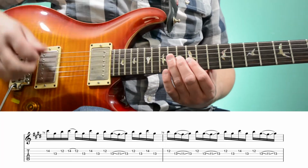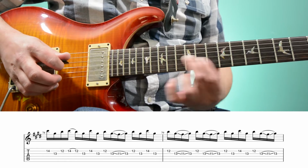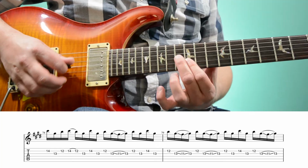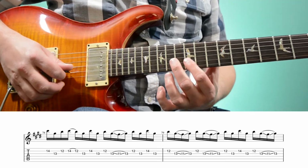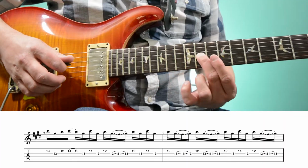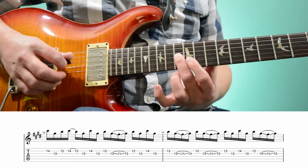Alright, now the next measure, it's 12th fret on the second, 13 on the third, slide down to 11th, slide back up to 13th. Then we repeat that, so 12th fret of the second, 13, slide down to the 11th, back up to 13. So together that's